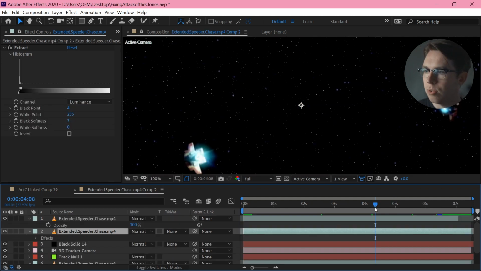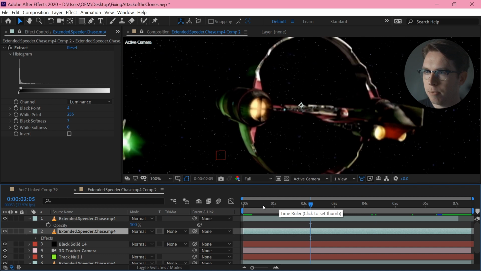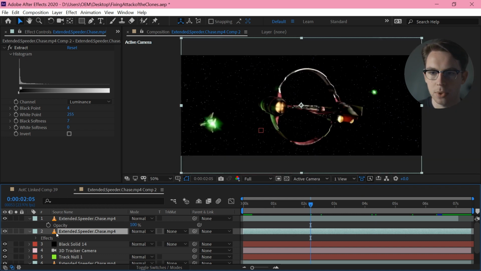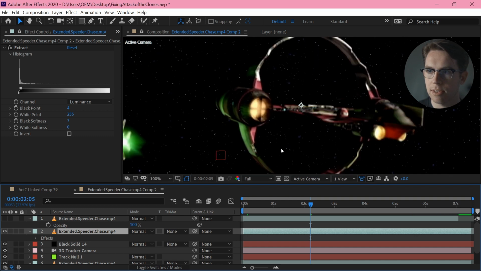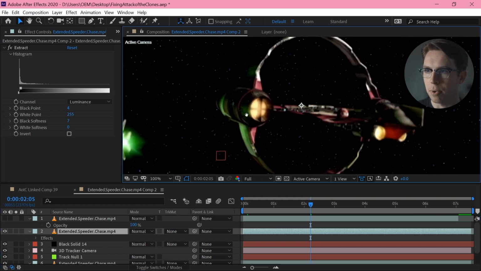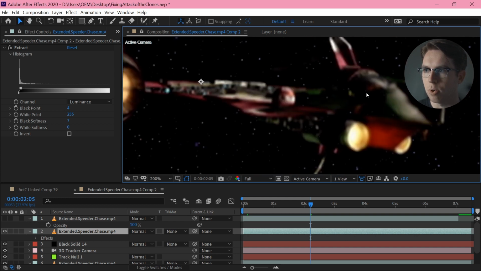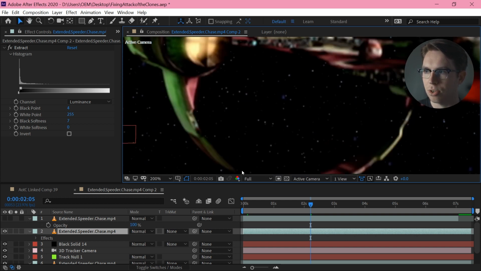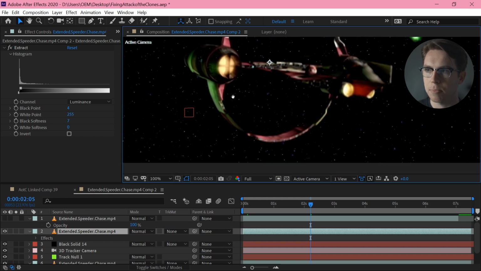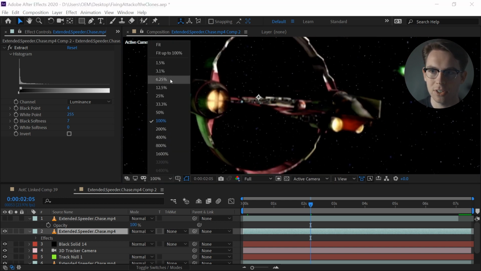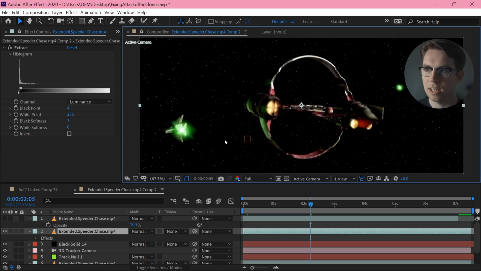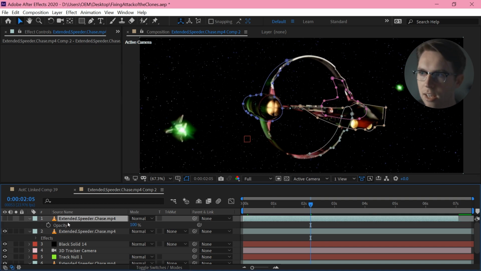Now to sit that behind the ship, I'm doing this extraction again, extracting the black areas and putting them behind there. But there's actually black areas that I do want to remain black in this shot. I mean, they shouldn't be black, but because this is from the deleted scenes footage, it's a little too high contrast, and there's some areas that end up being perfectly black.